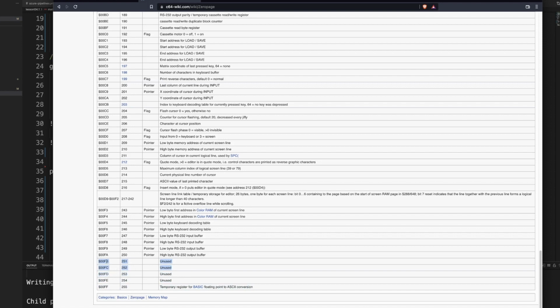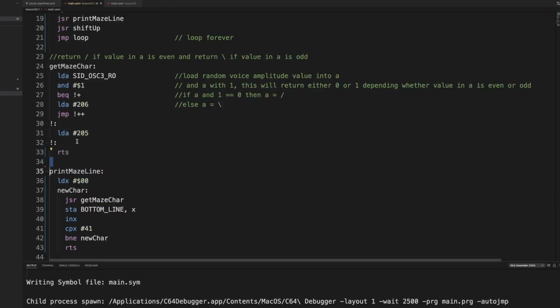So we're going to actually store the 0400 begin address in FB and FC, and the 0428, that's the next line, in FD, FE. Then we can actually reference that with the Y counter and read from that address that we basically put in these two bytes of zero page. And that is indirect addressing. So let us first set up